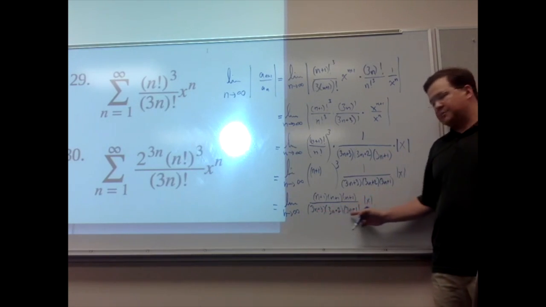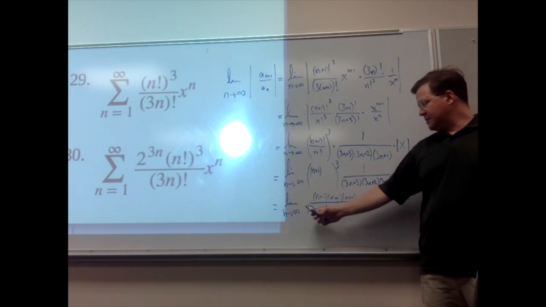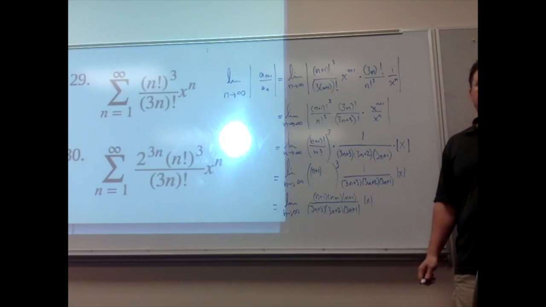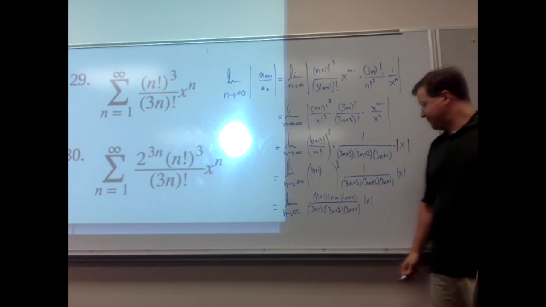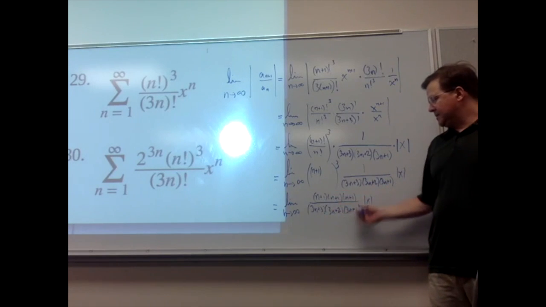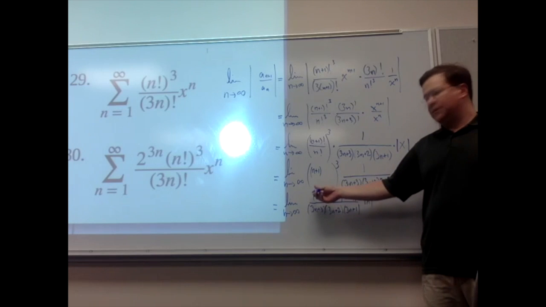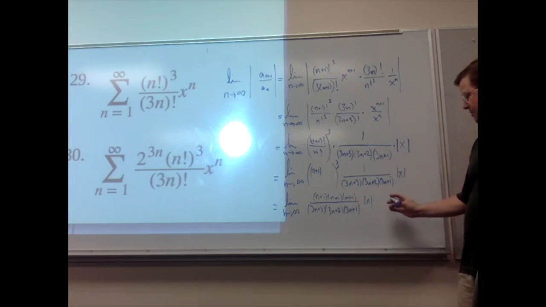On the bottom, if you were to expand it out, it would be even more complicated, but this much I do know: the first term is going to be 27n cubed, and then a bunch of other terms of lesser degree. And so that being the case, as n gets huge, the ratio of the leading coefficients would be 1 over 27. So this would equal